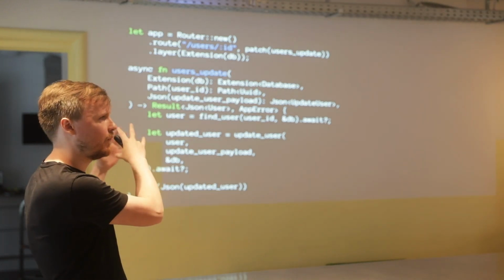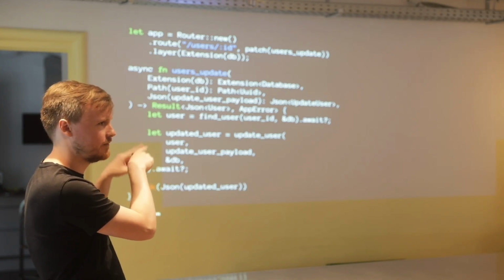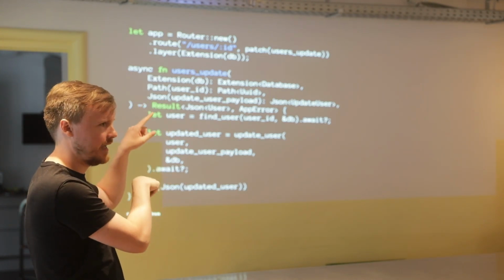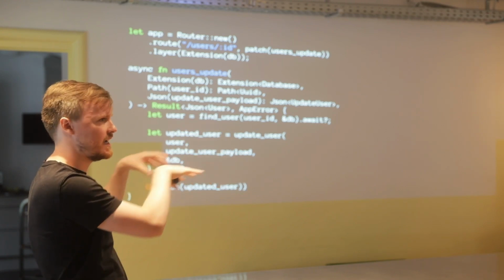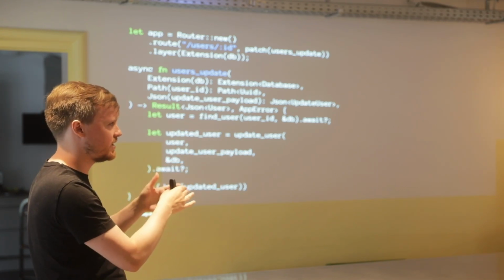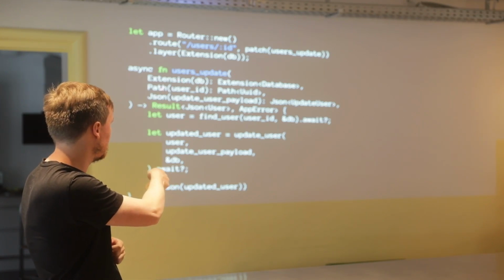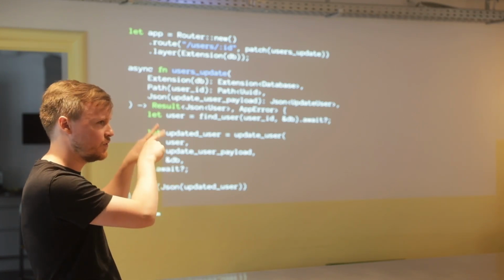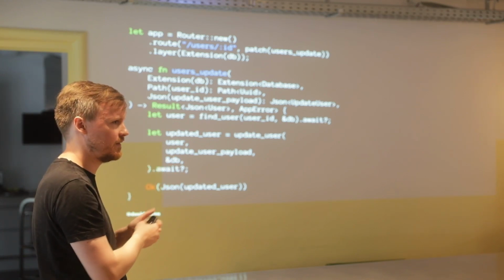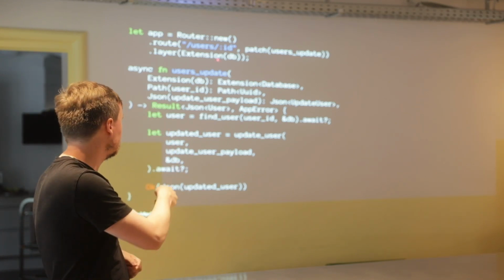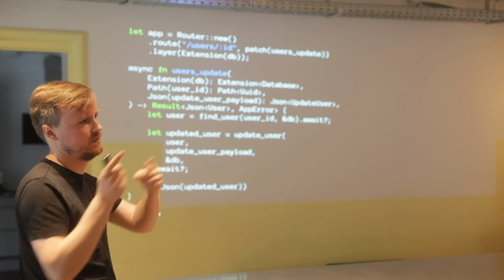And then in the from request implementation for that type, you would check that the header is there and try to find them in the database or do whatever you want. And then if that one succeeds, then you just return it, and then you would get that here, just like you get path and JSON. But if the user is not logged in or you can't find them in the database or whatever, then you return a rejection. And then your handler would not be called, and you would effectively short circuit.